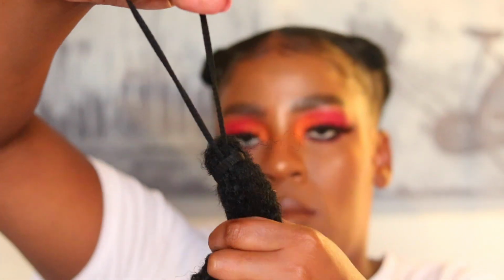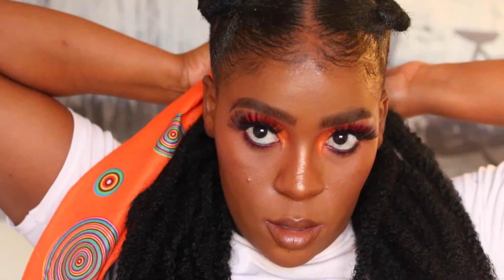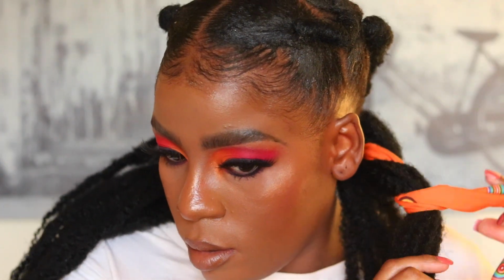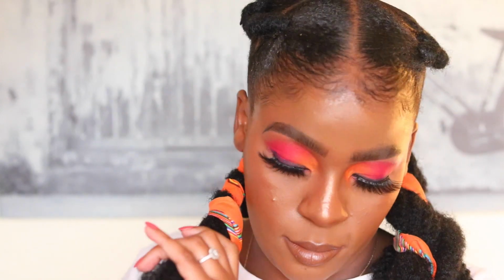I'm going to go in with more of the Darling Mali braid, and what I'm going to do is I'm going to take a couple of pieces. I'm going to attach them to the end at the back, and once I've attached the two pieces, I'm going to go in with a piece of material that I had lying around. You can use a scarf, you can use anything. I tied it right in the center,